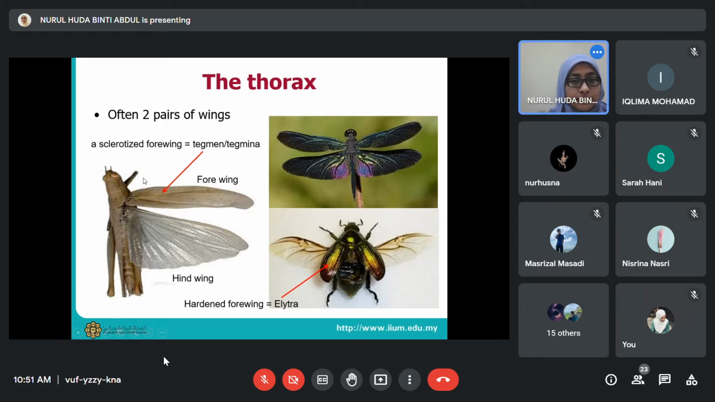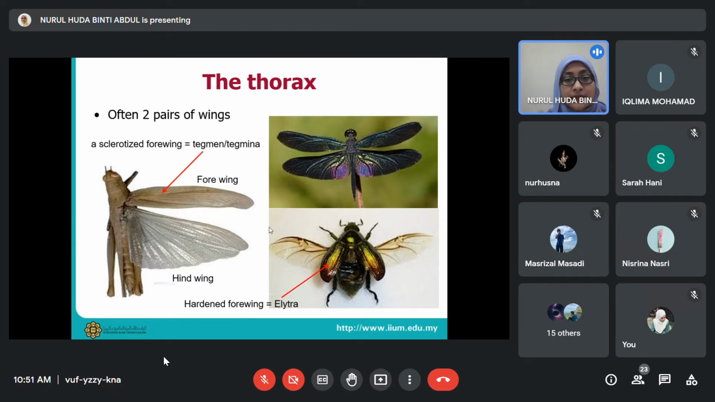Okay, they have 4 wings, which is sclerotized. We call it tegmina, but the hind wing is membranous. Okay, forewings sclerotized, hind wings membranous. But for dragonfly, both fore and hind wings are actually membranous. Okay, but for the beetles, they have hardened forewings. We call it elytra rather than